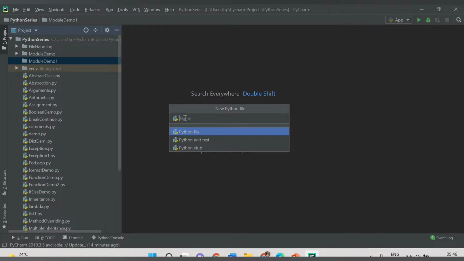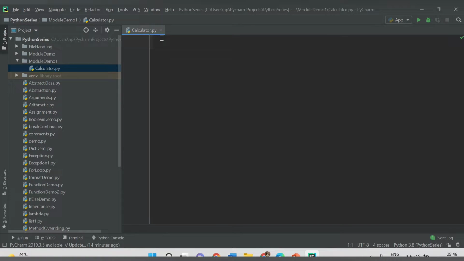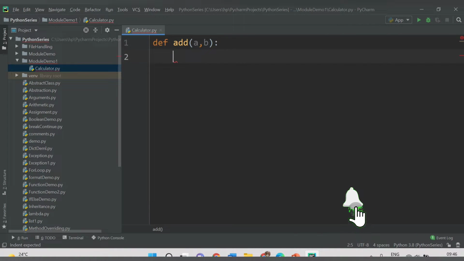Let's say we want to create a module of calculator. So let's provide a name here, calculator. So this is the calculator.py file. Let's provide here the different functions. Let's add the first function as def add, which will take two arguments, a and b, so two numbers basically, and then we will return